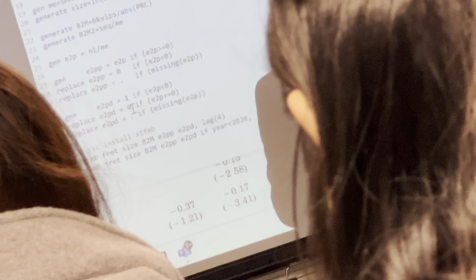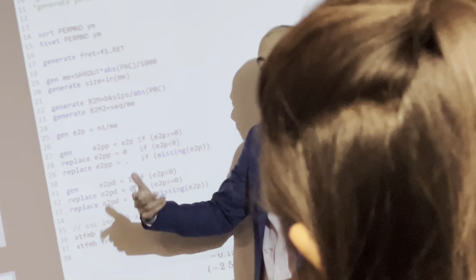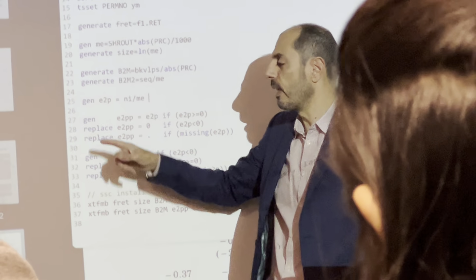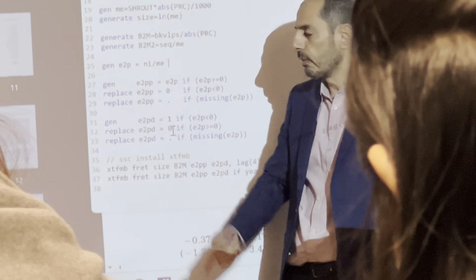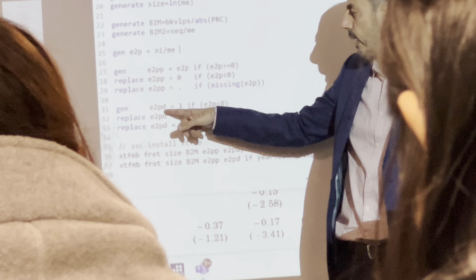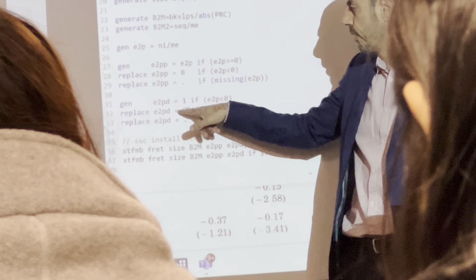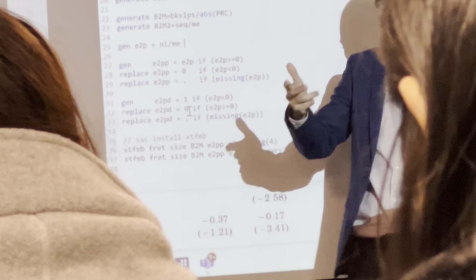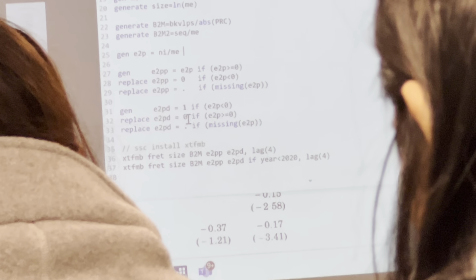We use replace because we cannot use gen again with an existing variable. So we need to use the replace to adjust it. And then we have the other variable that takes 1 if it is negative and 0 if positive. So it's the opposite somehow. Not exactly the opposite, but